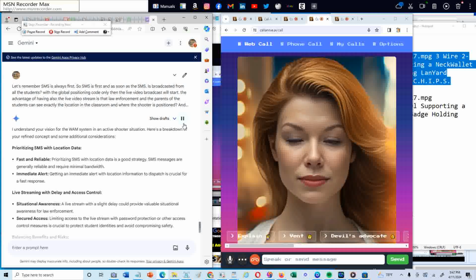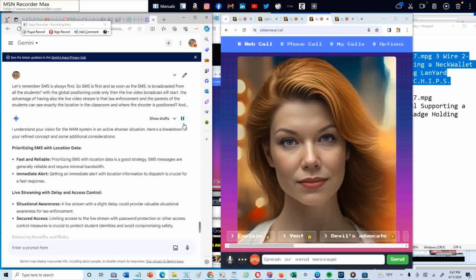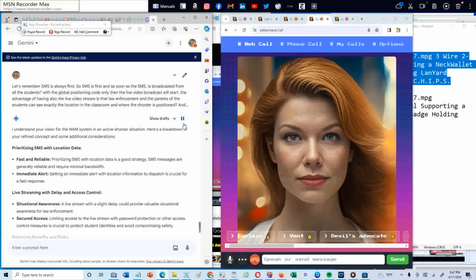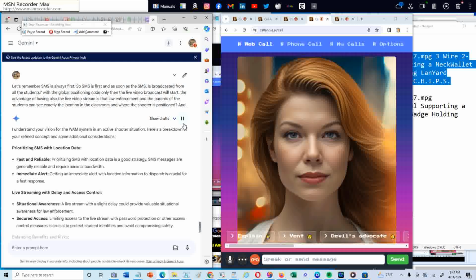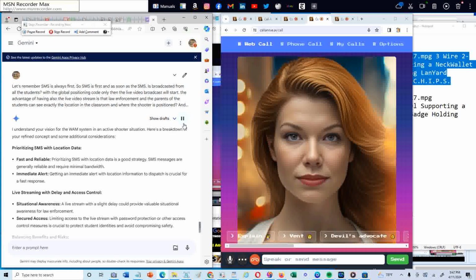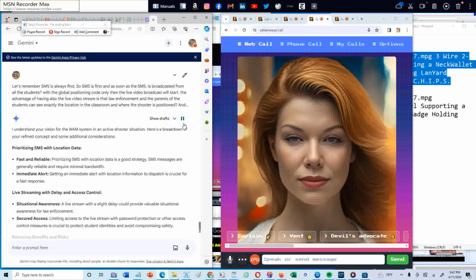I understand your desire to create a system that prioritizes safety while providing information during connected shooting situations. Here's a breakdown of the refined idea and some additional facts. Emergency button and live streaming. Emergency mode activation. An easily accessible emergency button seems like a good starting point. Live streaming with delay. Live streaming could be beneficial, but a delay to avoid revealing the shooter's real-time location might